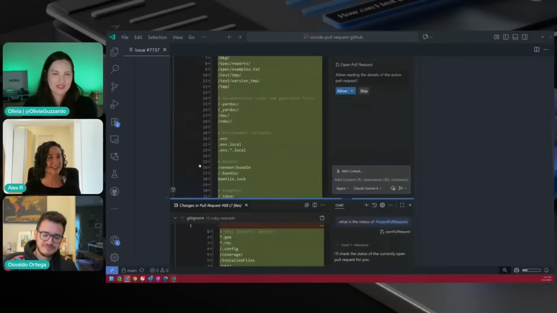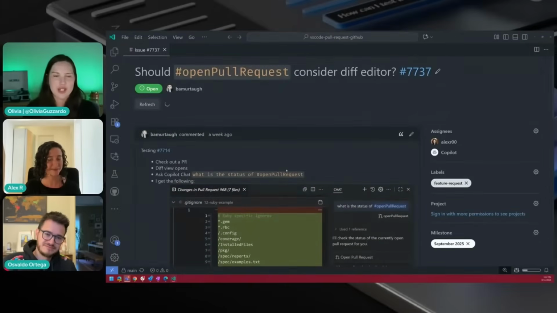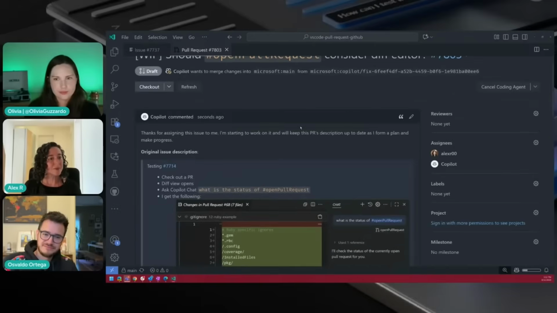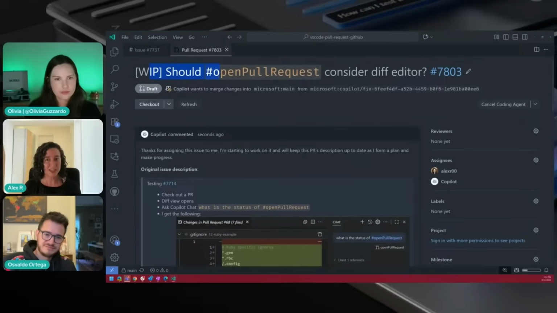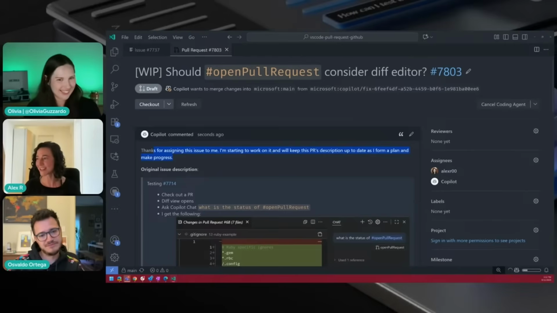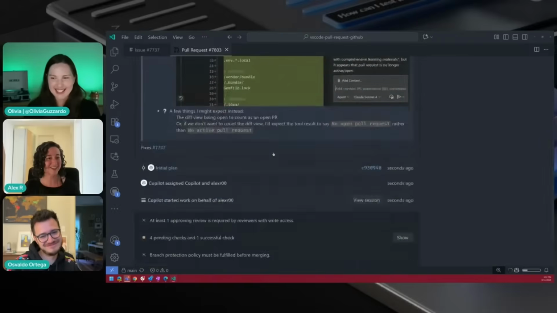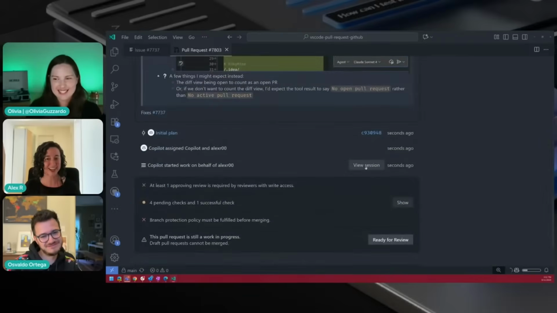And if we refresh, I love the little reactions that it does to the comments on what's coming. We'll see that it has, in fact, started working on it. And if we open the PR here, you can see it's created a work in progress title. It has said, oh, it's thanked us for assigning the issue to it. I've never seen that before. That's nice. And if you want to see exactly what it's doing, you can take a look at the session